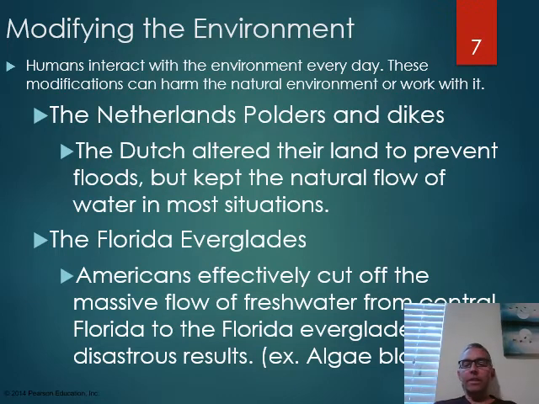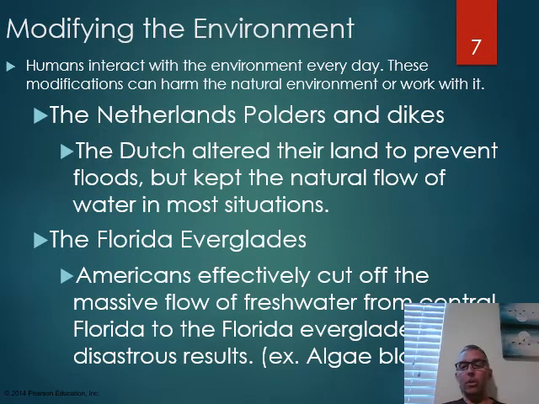So the Netherlands is an interesting place because it's at the delta of a river, which means that it's where the river meets the North Sea, meets the ocean. The Netherlands is close to the United Kingdom, if you're familiar with that on the map. So you have the Rhine River flows from south to north and empties into the North Sea. And the Dutch settled there thousands of years ago because it was very good farming due to that rich soil.